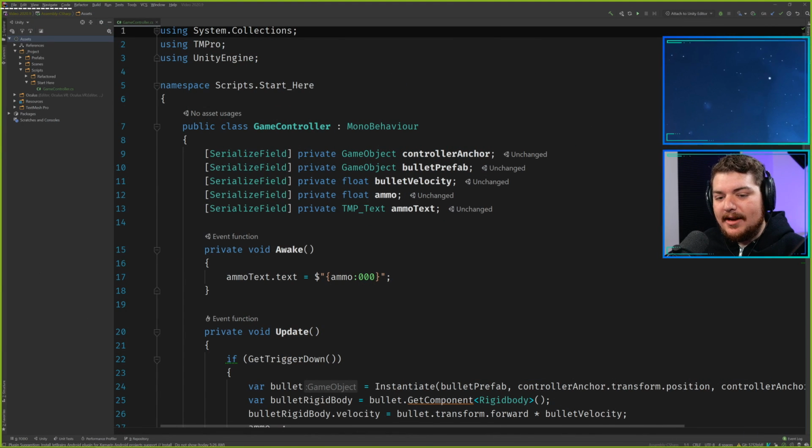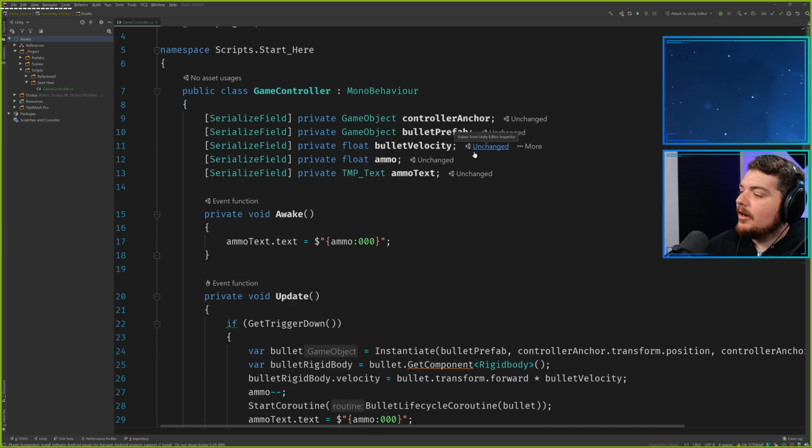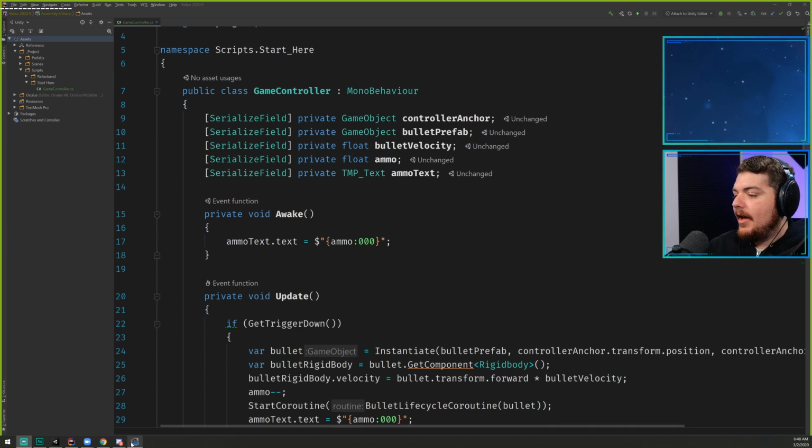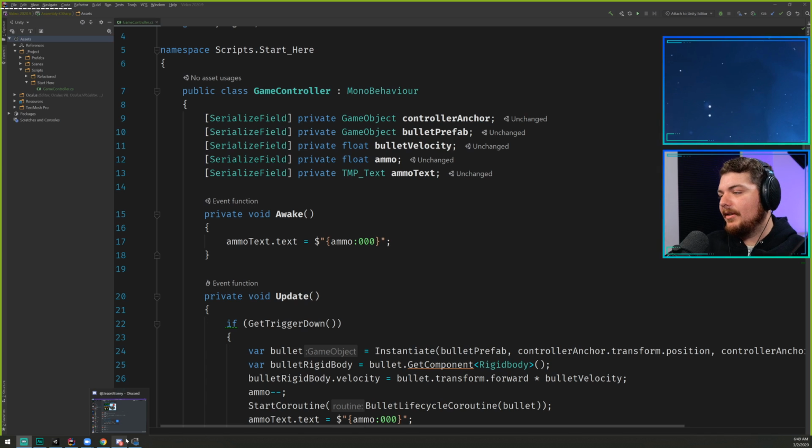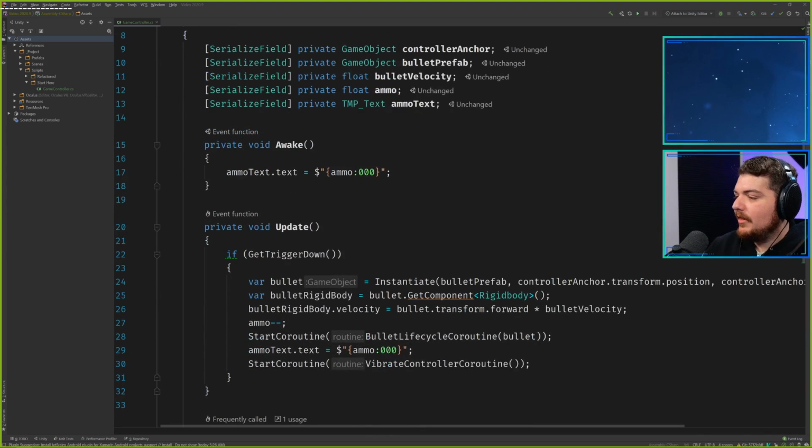So basically, what we're looking at here is a game controller, and if you saw the video, forgive me, I'm just going to go through it real quick. This game controller controls a couple different aspects of our game. And the game is very simple. It's a VR game where you have your controller. If you pull the trigger on the controller, it shoots. So it's the most basic implementation of first person shooting there could possibly be. And if we look through the code, we can see that here.